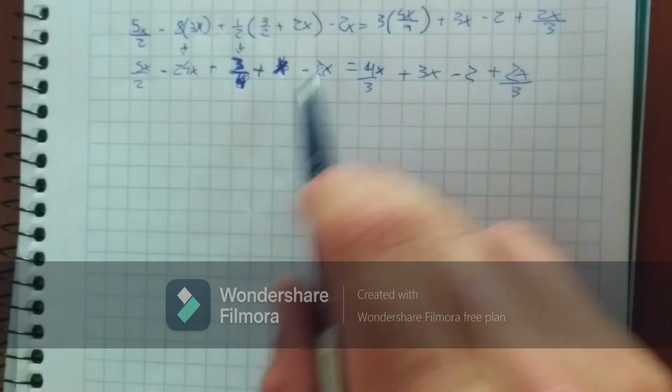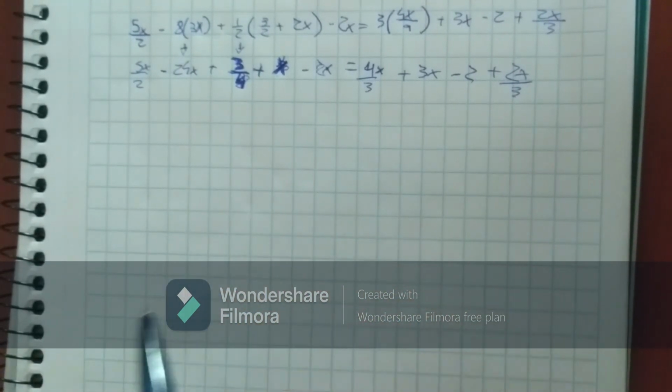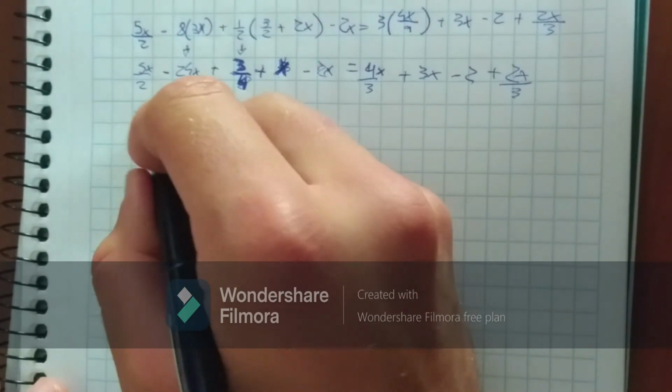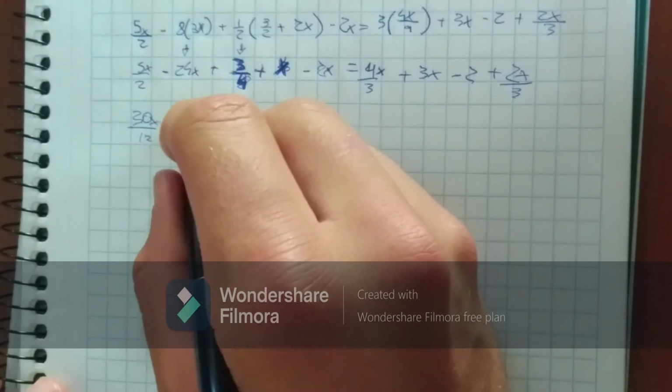And now get rid of these denominators. So here I only have 2, 4, 3, 3. So the common multiple here will be 12. So to get to 12, that will give me 30x over 12 minus 24 times 12, so it will give me